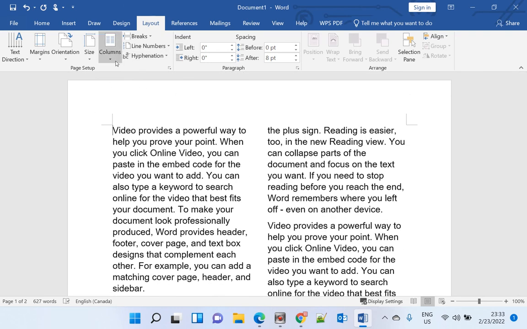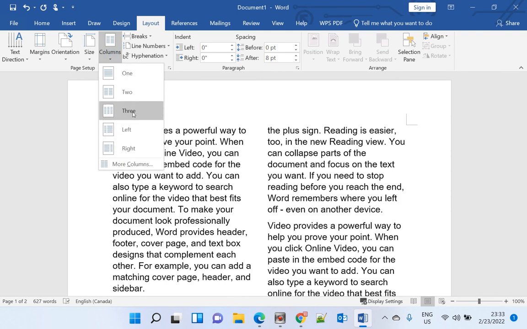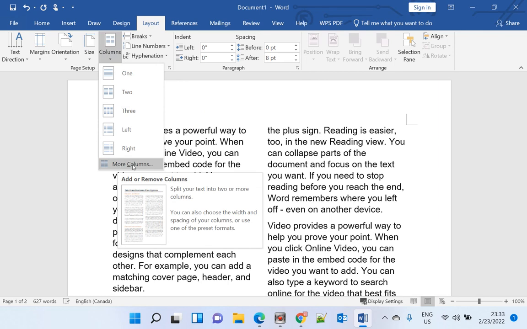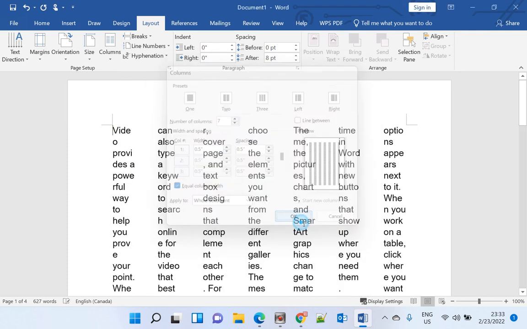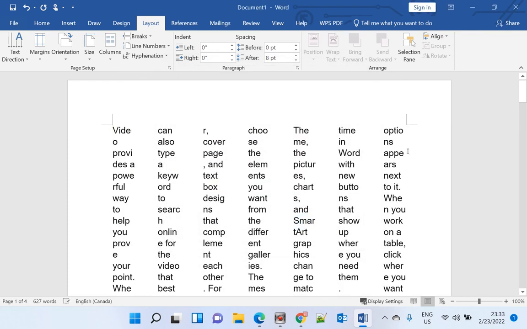So, for example, if we want more than three columns here, you can click the button More Columns here, and then you select how many columns you want. It will change to 7 columns. Okay, and